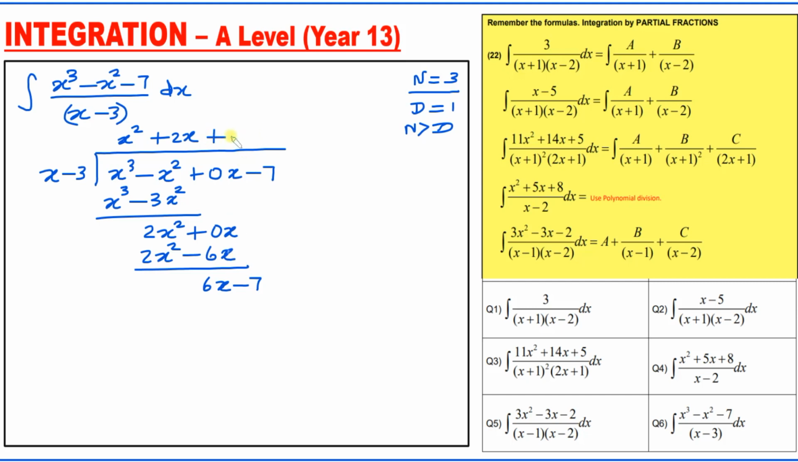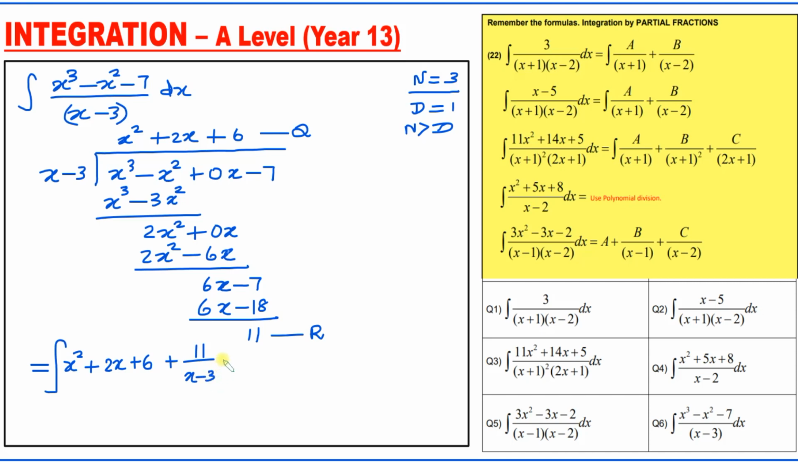And then plus 6. 6 times x is 6x minus 18. And take away one from the other, so minus 18 becomes plus 18, minus 7 is 11. And that is the answer. So this is called the remainder and this is called the quotient. So the answer we got is the integration of x squared plus 2x plus 6, plus 11 over x minus 3, dx,